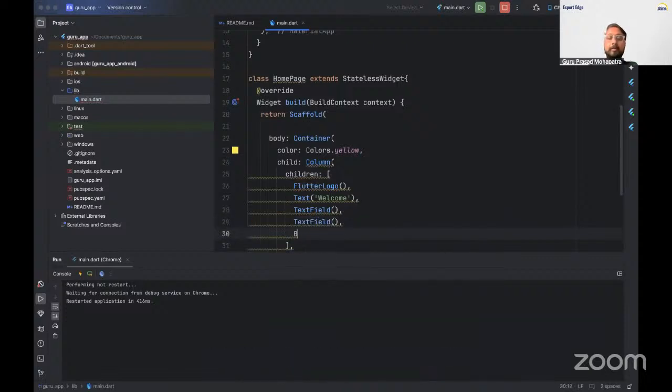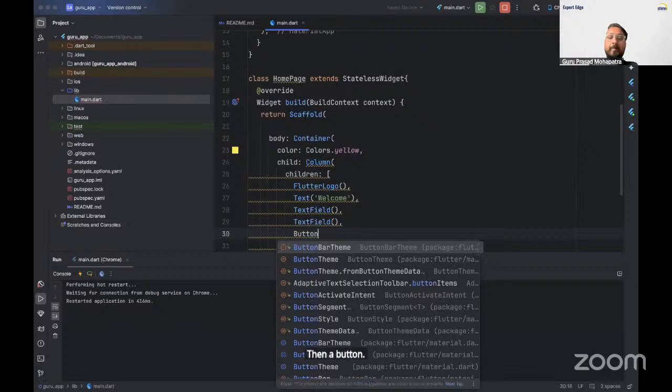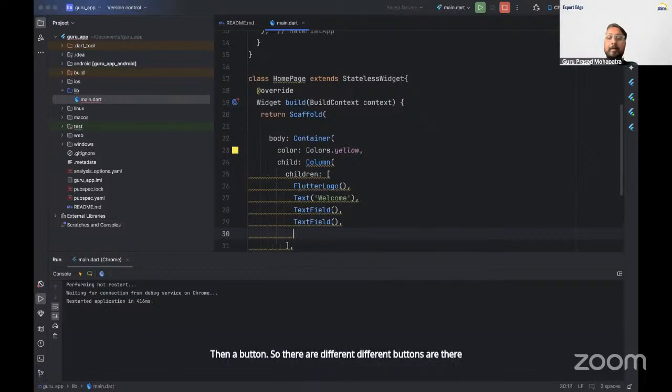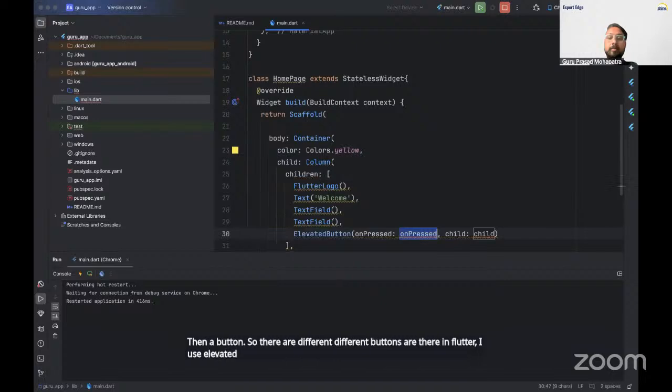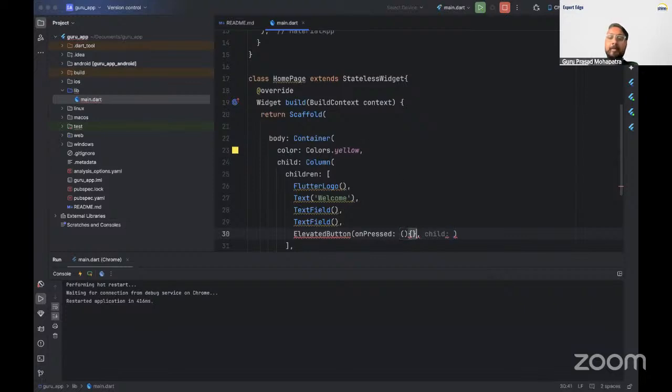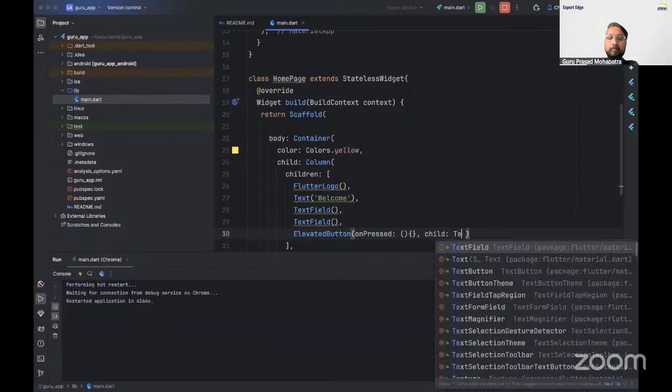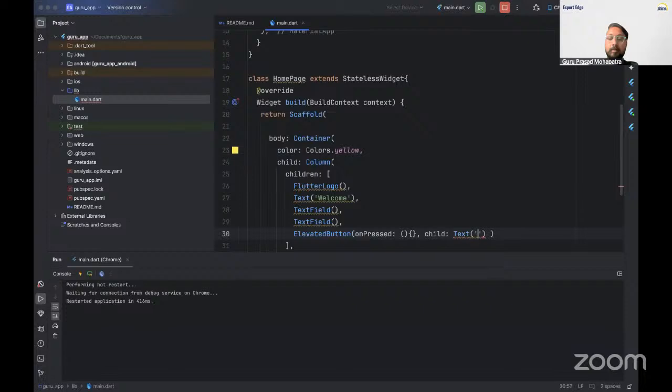Then a button. There are different buttons. In Flutter, I'll use elevated button. Then inside the button, I'll give a text called login.